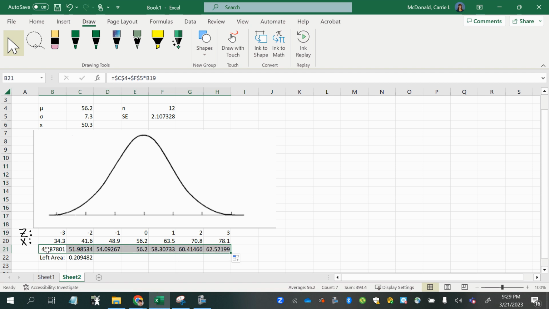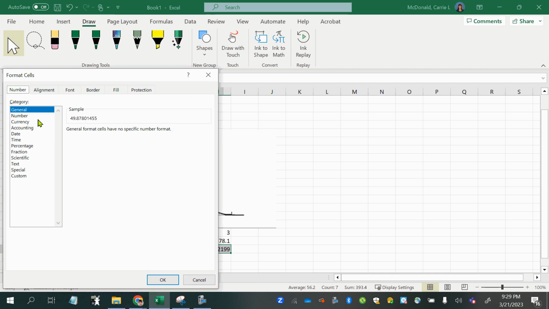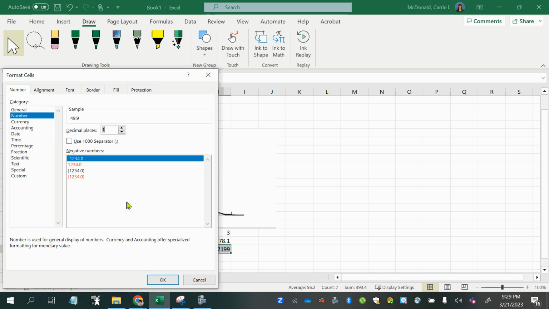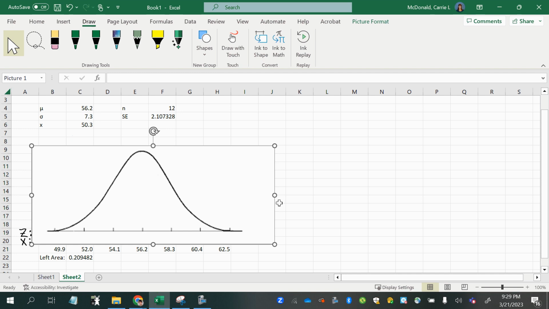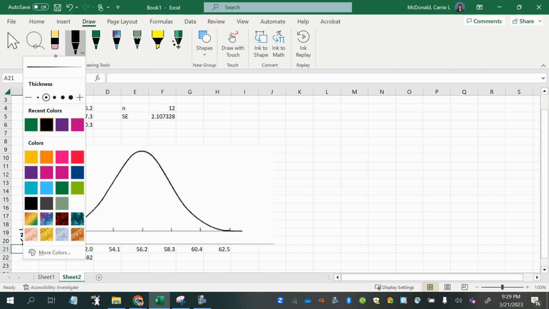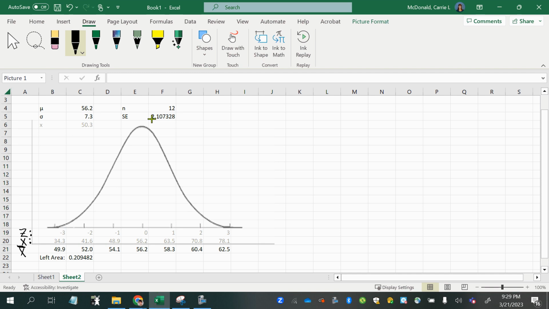And so this is my X-bar scale, all the sample means. Some black ink there again. And when we have a smaller standard error, smaller standard deviation, the curve tends to be squished in and more tall and narrow because there's less space in between the values, technically. Which doesn't really affect how you answer the question, but